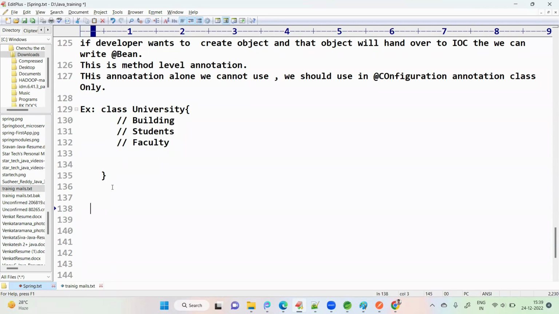What do we do? The developer will create the object first. Then we hand over this object to the IOC container. From here, what will happen if anyone wants